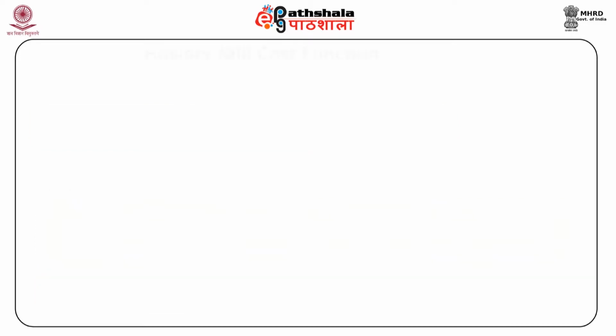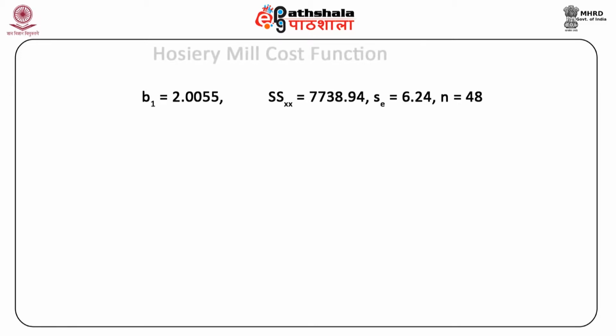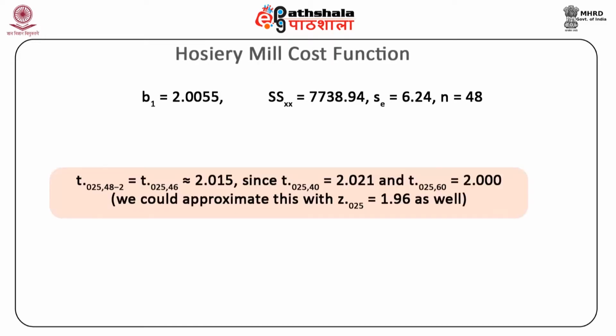We have another example of Hosiery Mills cost function. Suppose similarly we have B1 equal to 2.0055 and SSXX is 7738.94 and SE is equal to 6.24 and n is equal to 48. We can similarly substitute all these values and we can find out that the confidence interval comes out to be